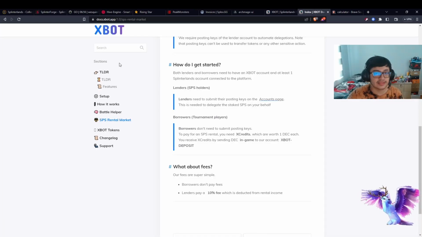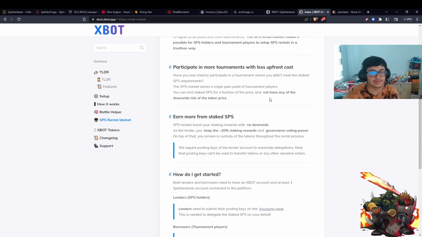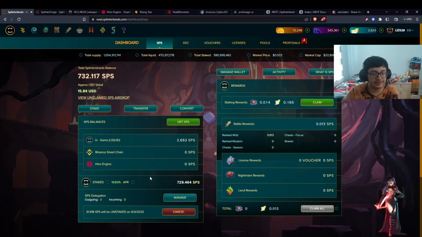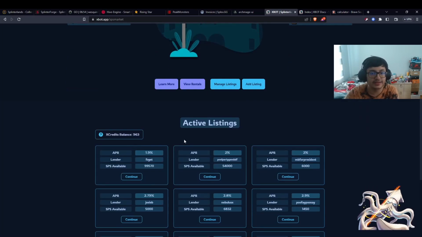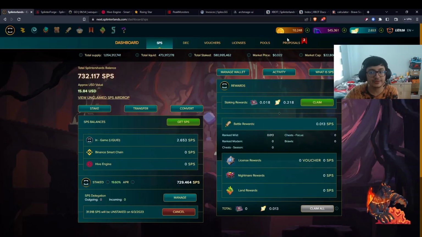So there is a white paper for the SPS market here. It does show pretty much everything I explained, in the sense that right now they're more focused on using this for tournaments, but that's because we don't know if it's going to be used on ranked battle. Something interesting to keep in mind is that you keep 20% staking rewards and governance voting power. So what that means is the APR you are earning here in Splinterlands for the staked SPS, you're also earning the other 1.9% current price APR as well, if you're able to rent that SPS at those prices. Like I said, prices might move later, but you do keep your voting power for proposals,